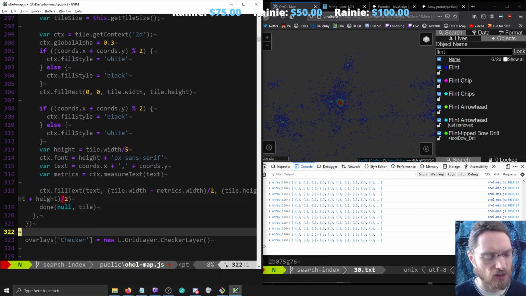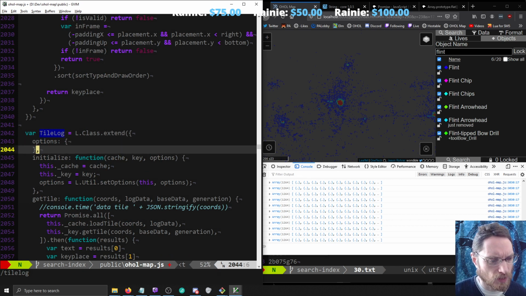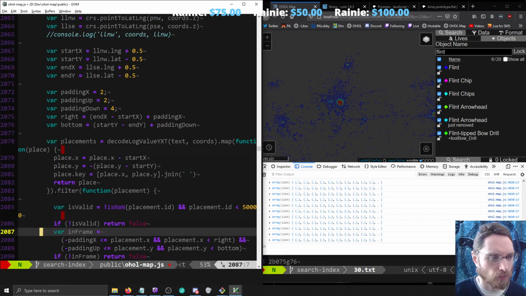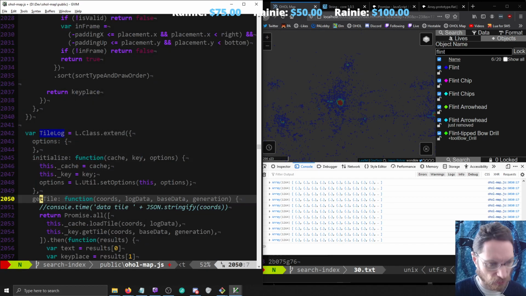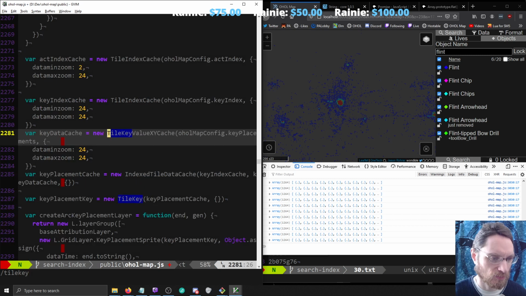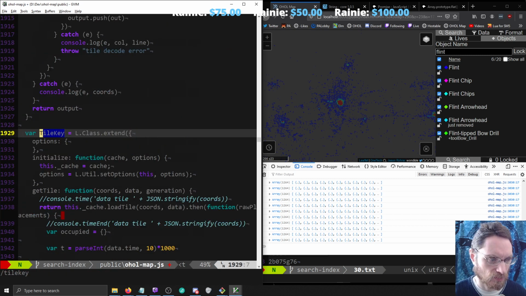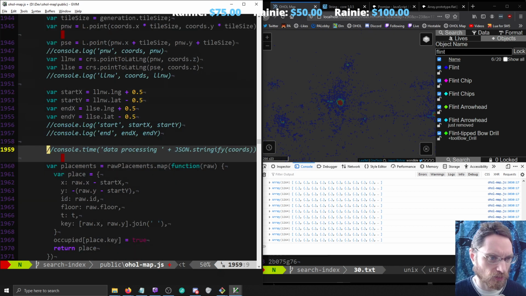So I was counting on the tile log layer to offset the coordinates for me, among many other things. Tile log. Not tile log, tile key. Yeah, so that's all that coordinate translation, which is